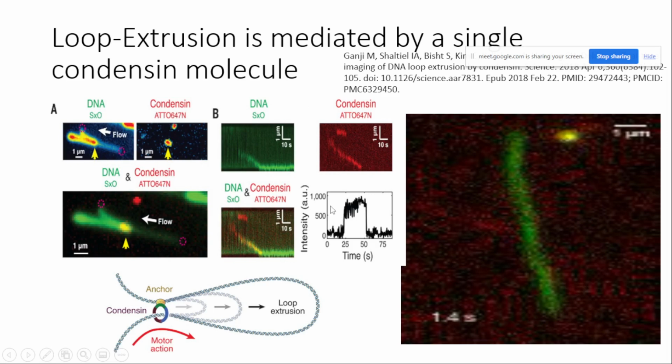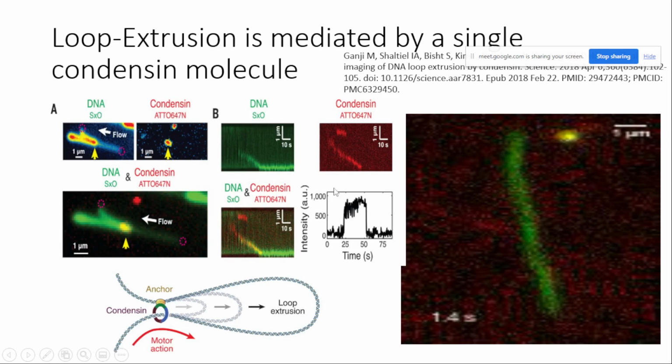In the graph, initially from 0 to 25 seconds there was no condensate, so there was only the background channel. At 25 seconds, when they added the condensate, they found the fluorescent signal, which corresponds to the ATTO647 dye, or the ATTO647 fluorophore. That is from 25 to 50. Then at 50 seconds, they found that the fluorophore was bleached, and there is again no signal, only the background signal.